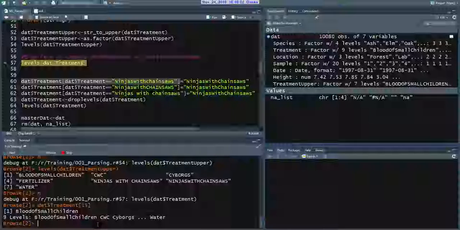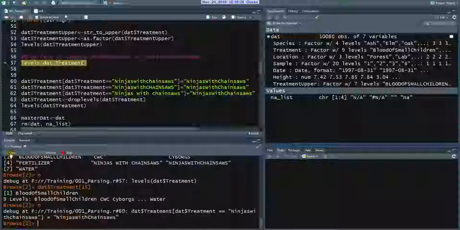I don't want to go through row by row. What I want to do is the entire column at once, and I want any of the data where dat dollars treatment is equal to, note that this is double equals here because I'm doing a check, as opposed to here where I'm doing an assign value. So anywhere where dat dollars treatment is equal to this Ninja with Chainsaws, I want to convert it. That's what this is doing. So I'm taking my three values of basically bad data and just setting those equal to my correct data. So if we run that,